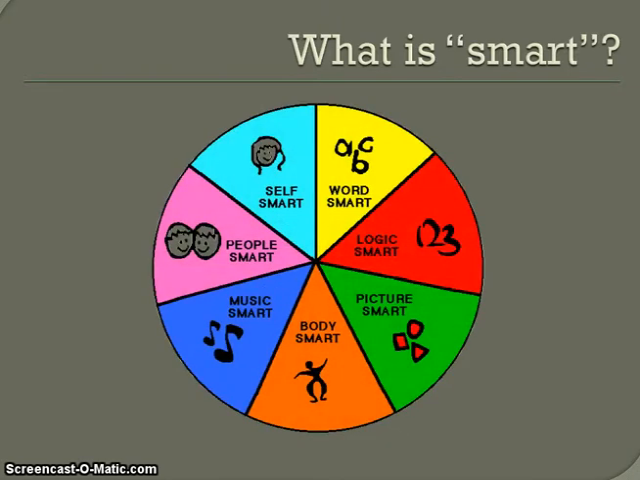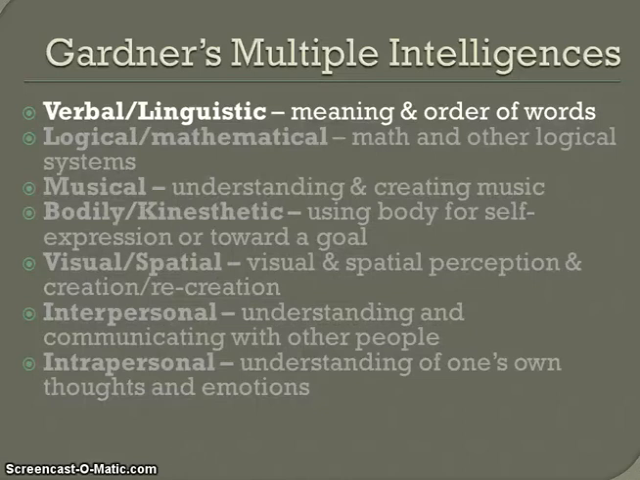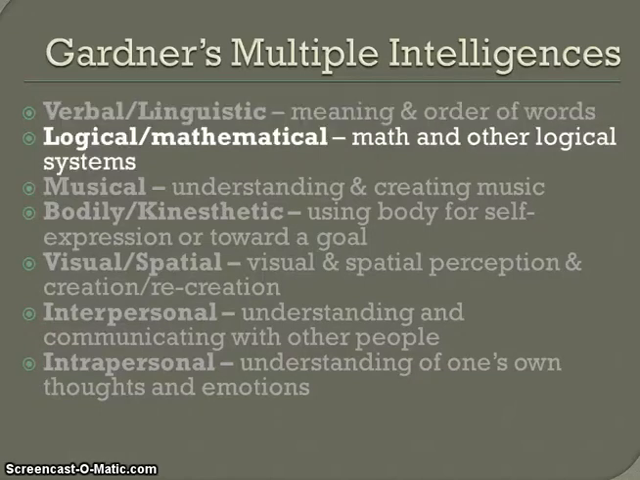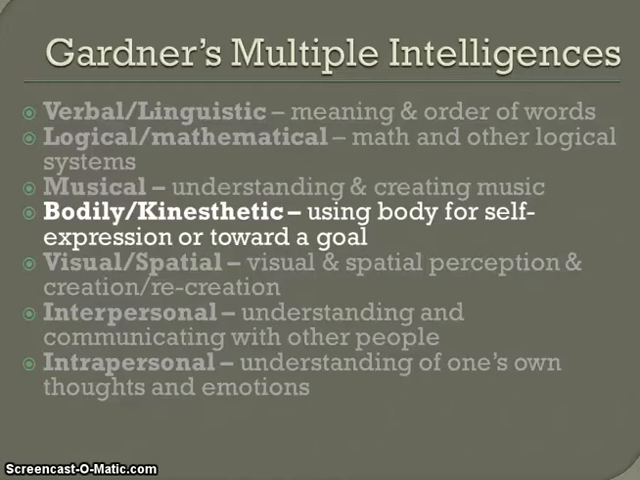Here are some ideas about different ways of being smart. This, of course, applies to the concept of Gardner's multiple intelligences. Gardner, a professor at Harvard, came up with the idea that different people are smart in different ways. And the ways that he came up with identified several different intelligences, starting off with verbal linguistic intelligence, having an understanding of the use, meaning, and order of words; logical mathematical, understanding math and other logical systems; musical intelligence, understanding and creating music; bodily and kinesthetic intelligence, using the body for self-expression